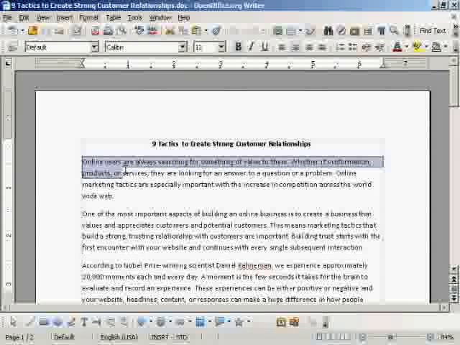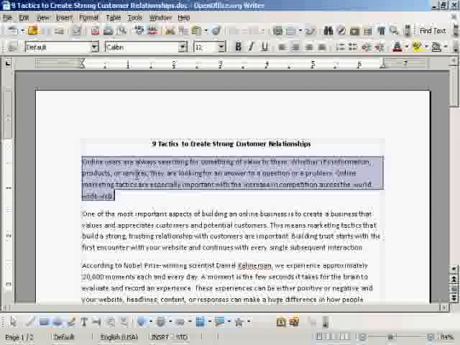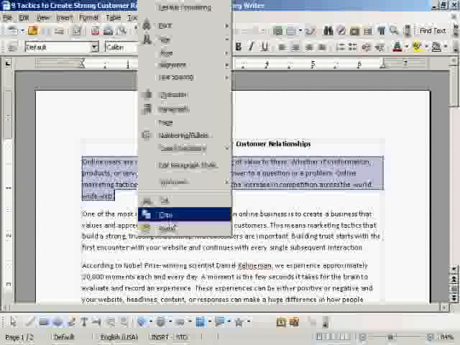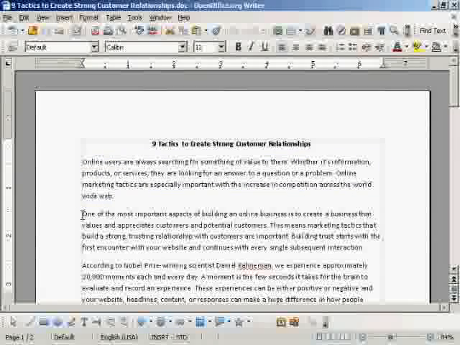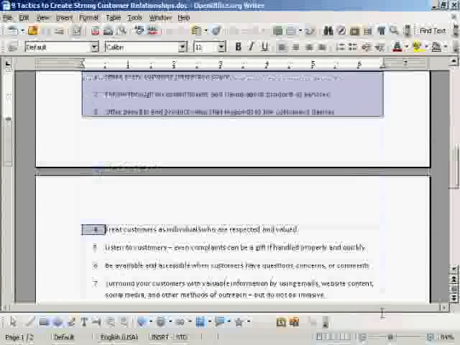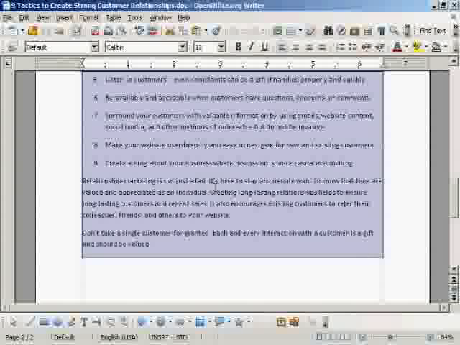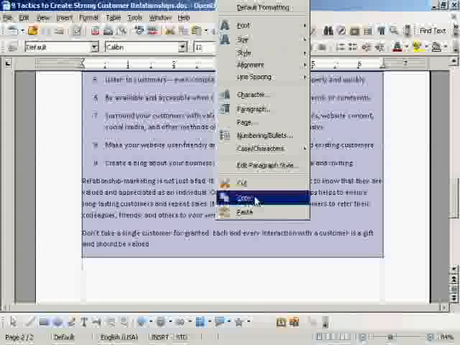You can see I'm going to take this first paragraph and copy it, and then paste into this box here. So you've got 200 words maximum, and I've just got 46 words there. And scroll down a bit here. You can then import the rest of your article. So let's just highlight all that. And again copy